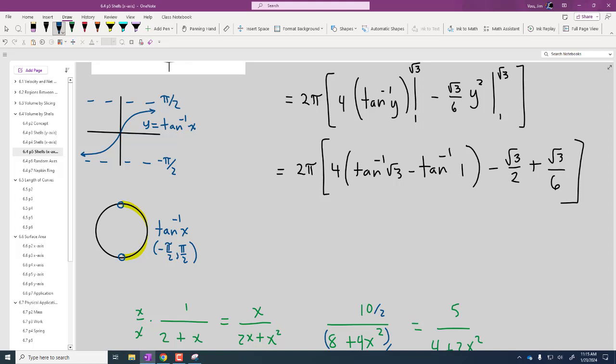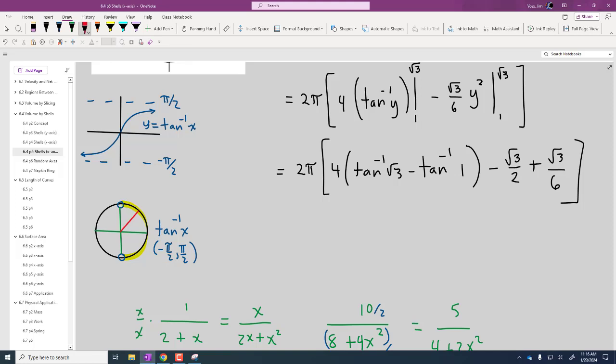Okay, so let's look at inverse tangent of 1 first, because that's simpler. So in your mind, you should be saying angle on the right with a tangent value of 1. Pi over 4. When you are looking at the unit circle and you are looking at tangent values, tangent is the same as slope. So we're thinking about the slope of the terminal ray. So when you look at this picture right here, and we say, okay, we want the angle on the right with a tangent of 1,